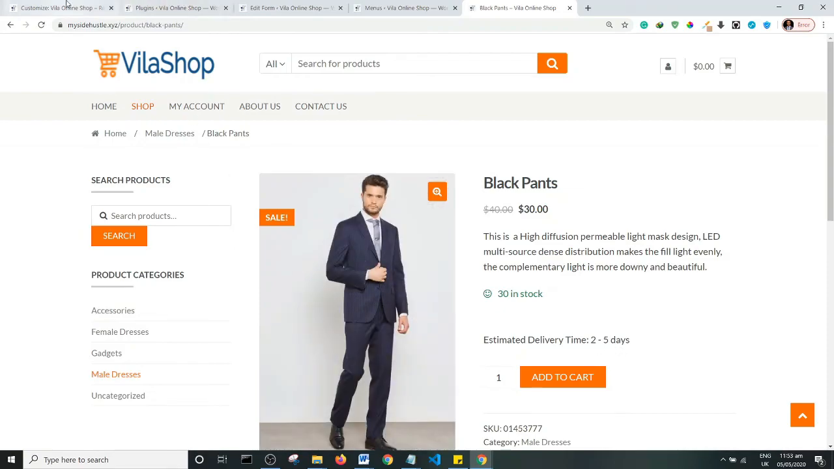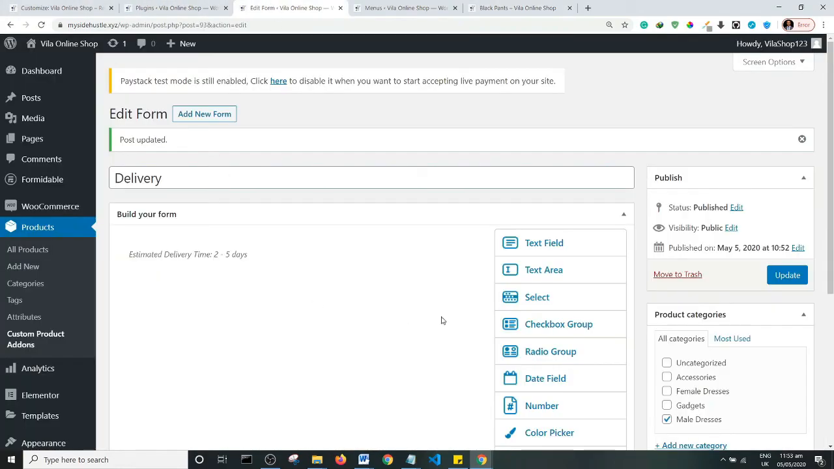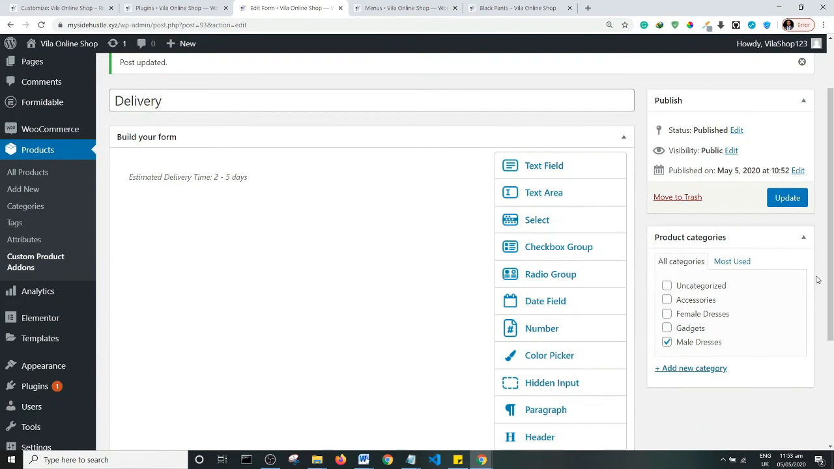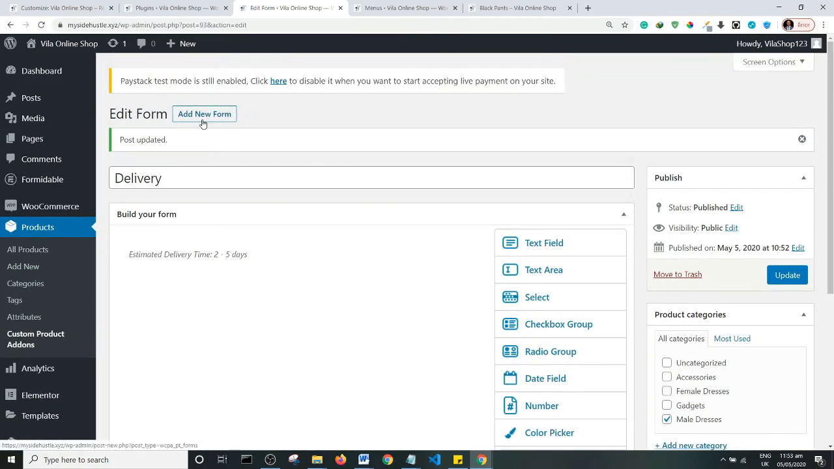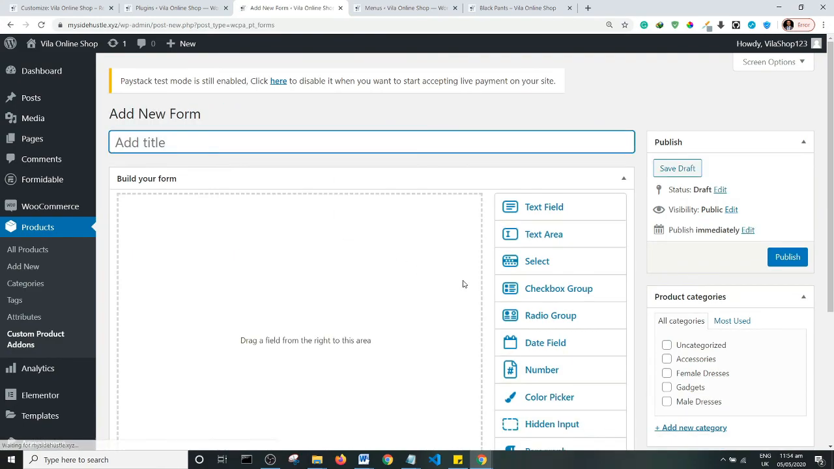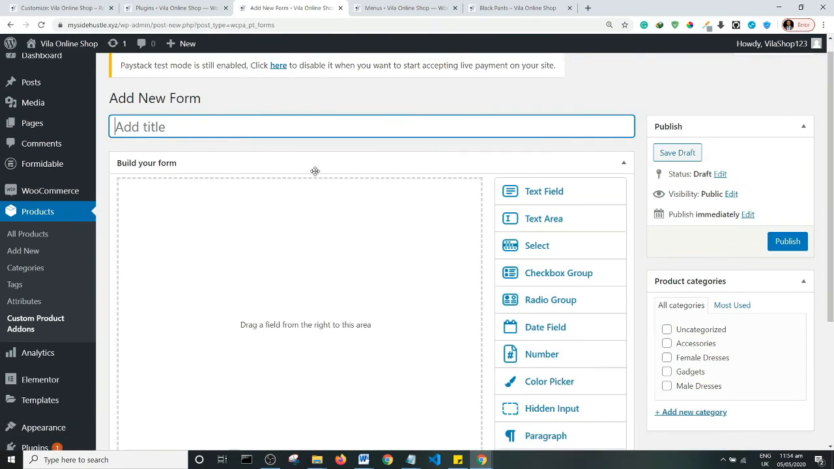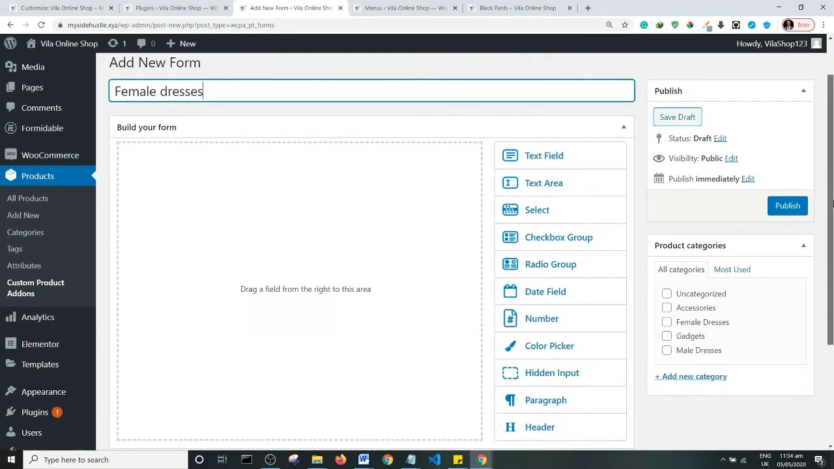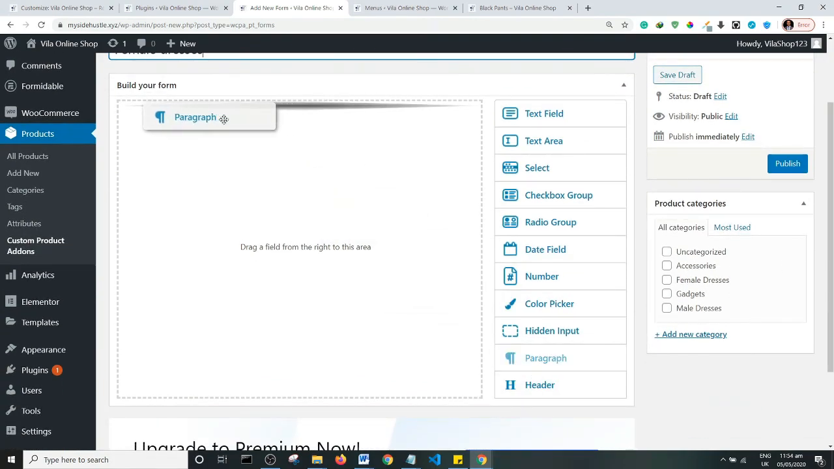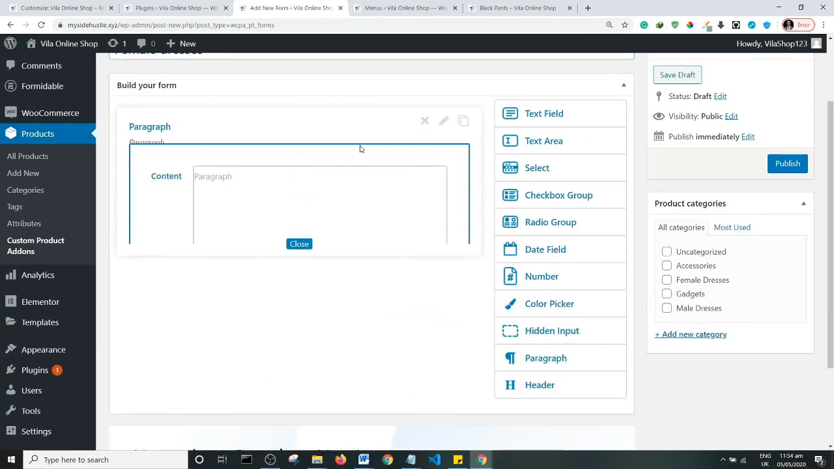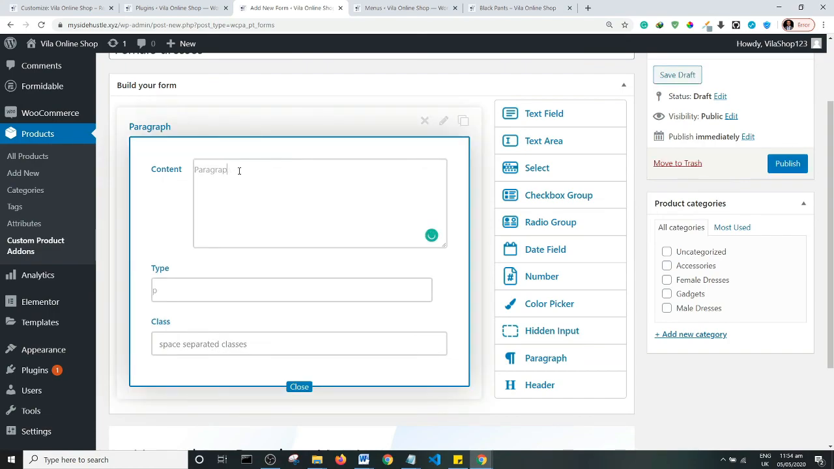So you can go ahead and create another form. For example, if maybe delivering female dresses takes longer, you can add another form. Let me just do it quickly and say I'm adding another form. I'll call it female dresses. If the delivery time is actually different for female dresses, I'll drag a paragraph in, I'll edit it, and I'll say something like